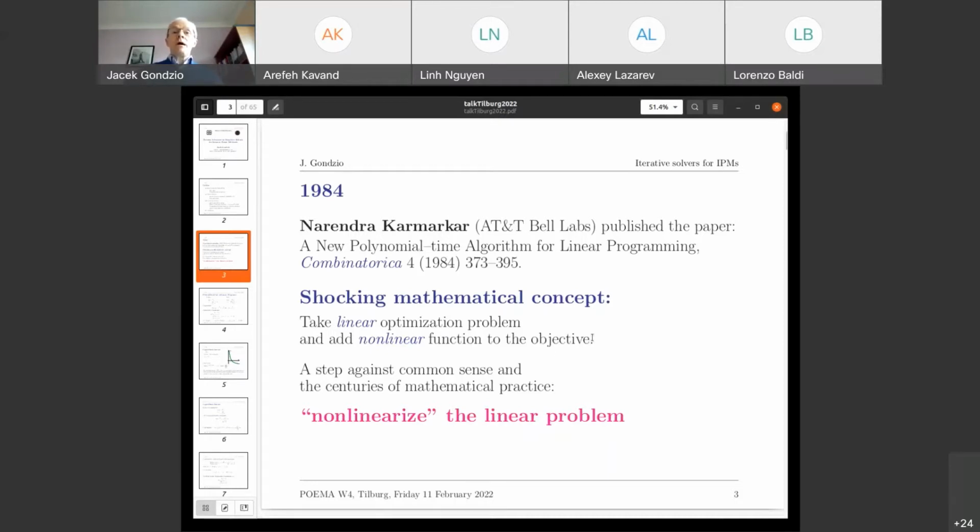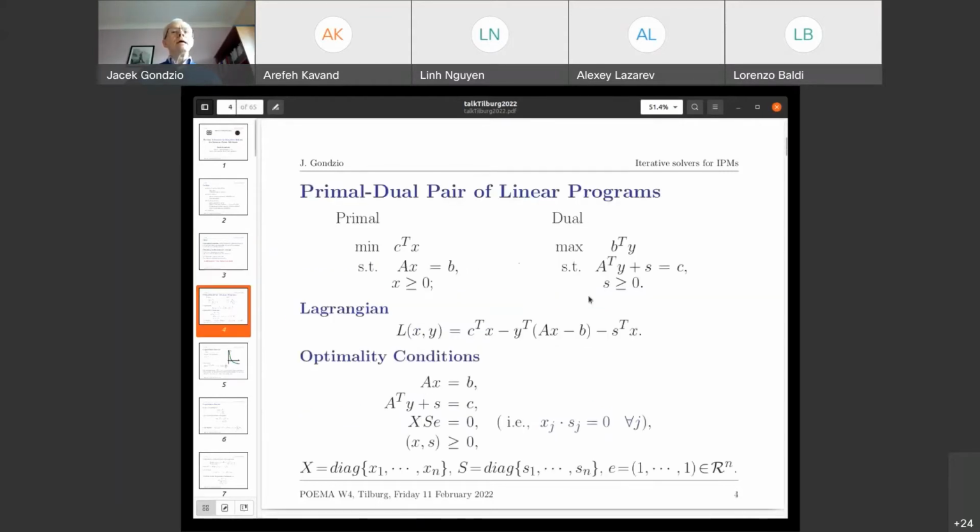And maybe that's why it was so difficult to design interior point methods. But what I'd like to say is that this is definitely a step against the common sense, against the centuries of mathematics, because what Karmarkar proposed is something like non-linearizing the linear problem. And that's very much against what we normally do in mathematics. We frequently have a nonlinear problem and we simplify it by linearizing it locally around a given point. But doing the opposite, that's certainly a very clever thing to do. If you do it,